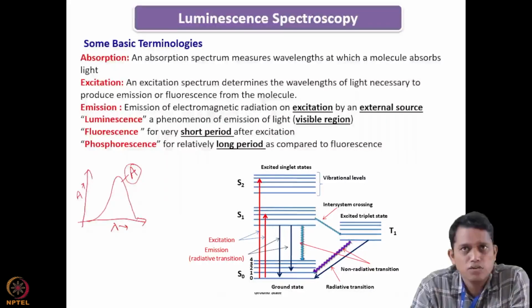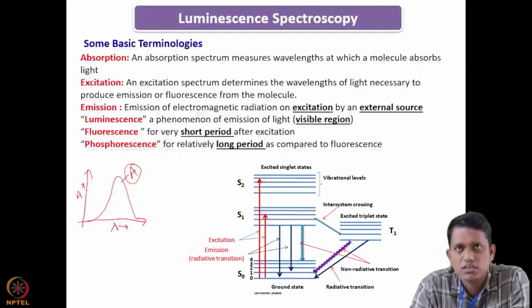This coming back, if it is a radiative process, will emit some kind of radiation which is generally recorded, and if it falls in the UV visible region, then we say it is luminescence, and depending on the time at which the decay is taking place, it can be a